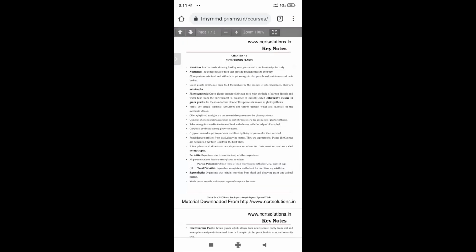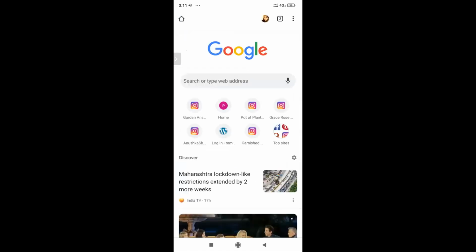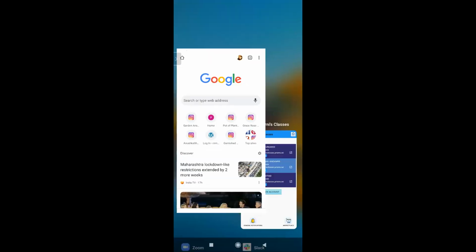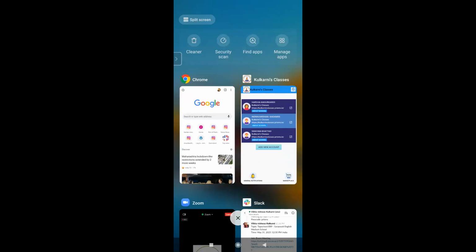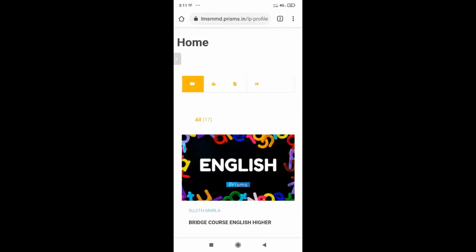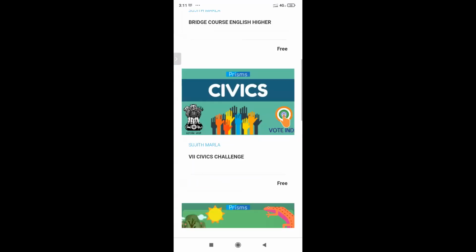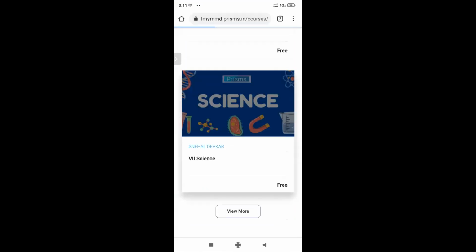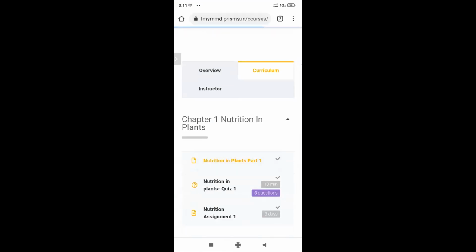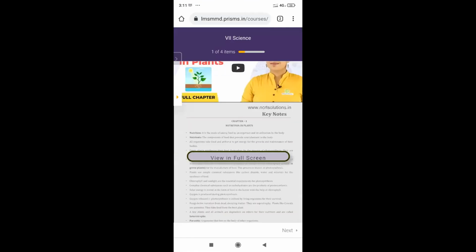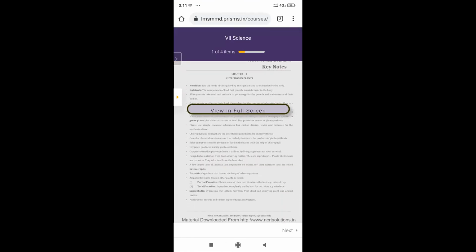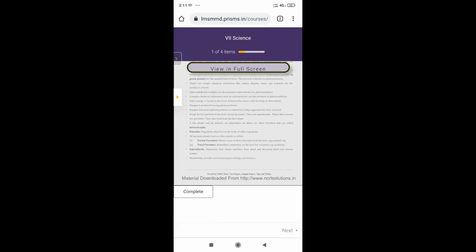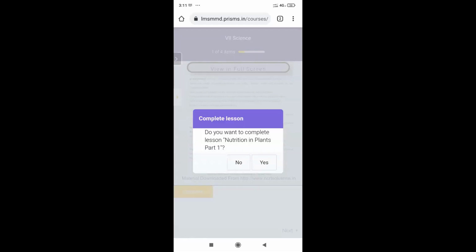I can view them in full screen. I can change my pages. And if I'm not able to see any particular image or content, I can also zoom in or zoom out, and I can complete this.